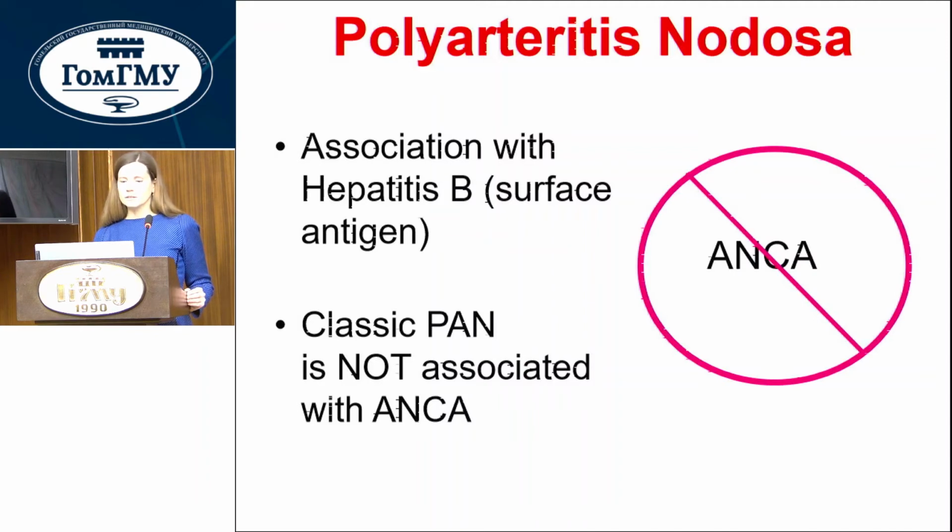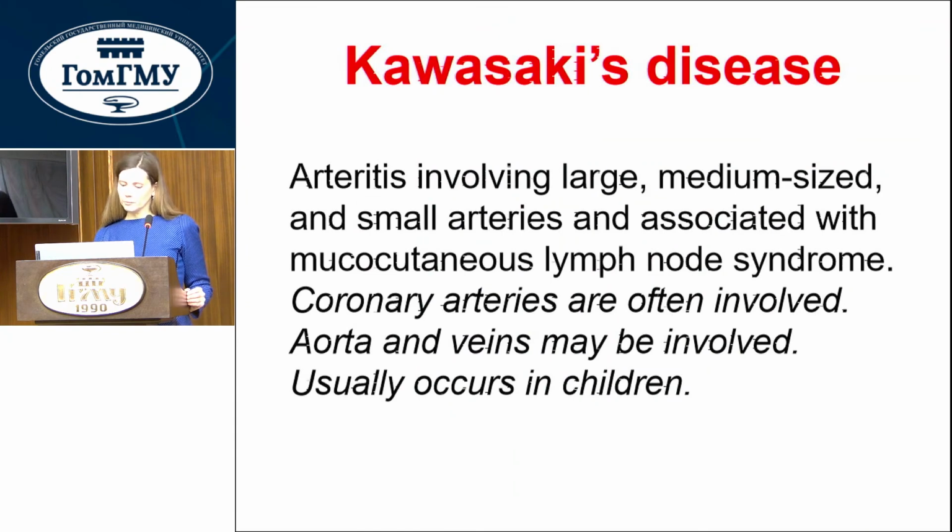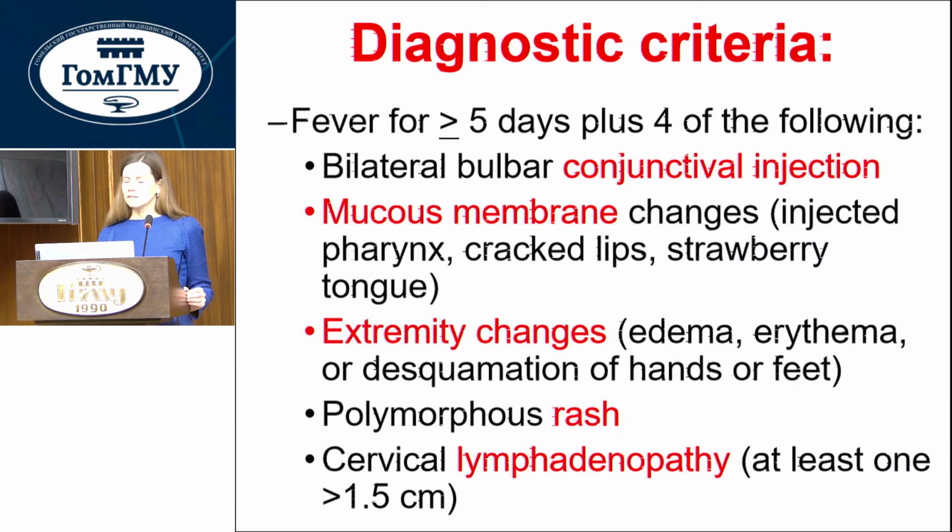Classically, without association with antineutrophilic antibodies. Also, among medium-size vessel vasculitides, we have Kawasaki disease, an arteritis involving large, medium-size, and small arteries, associated with mucocutaneous lymph node syndrome. The coronary arteries, aorta, and veins may also be involved. It usually occurs in children, usually in Japan, and